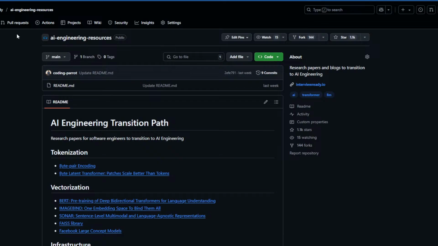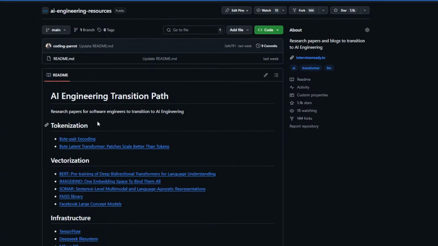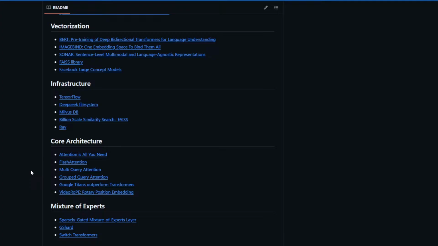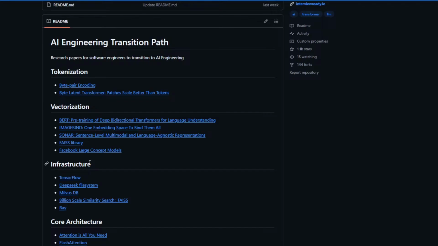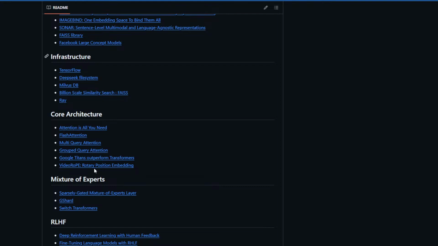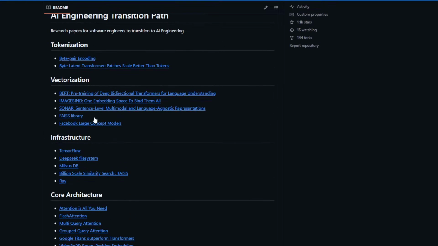Also, there's a very useful resource on GitHub. These are some extremely useful research papers that I have discovered. They're also on Hugging Face if you search enough, but not all of them are on Hugging Face. Some of these are years old. This has been a result of a lot of breadth first and depth first search from my side. I have taken them down topic by topic, but in reality, when I started going through the papers, I started with vectorization first.